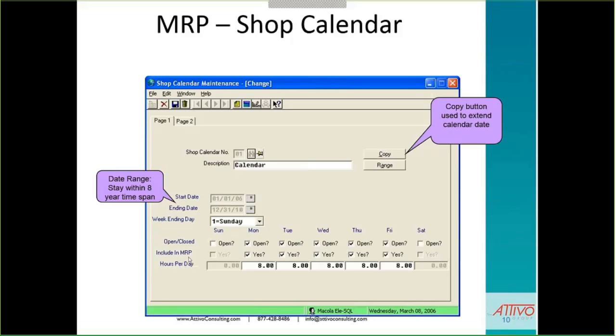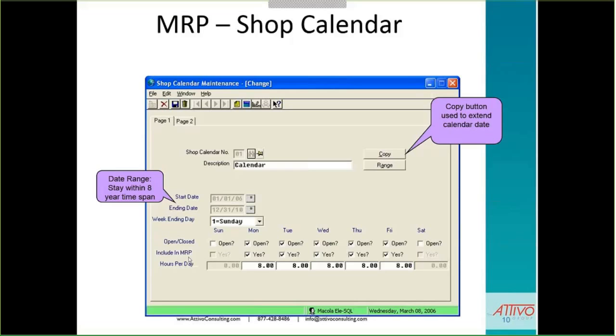Or I just want to reserve the capacity and not have MRP think that we're open Saturday and Sunday because I've got a reduced crew. So there might be a lot of reasons why the work center is open and has this particular shop calendar related to it, but MRP needs to have a different consideration. I hope I was clear on that, but you can control when MRP will plan as compared to when the